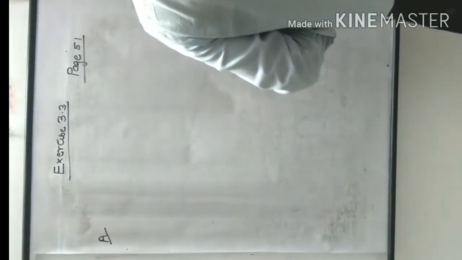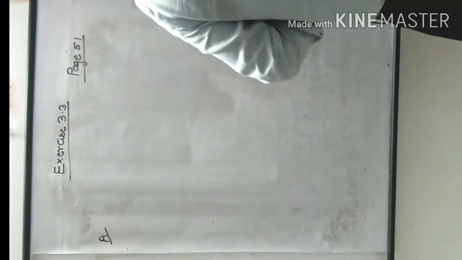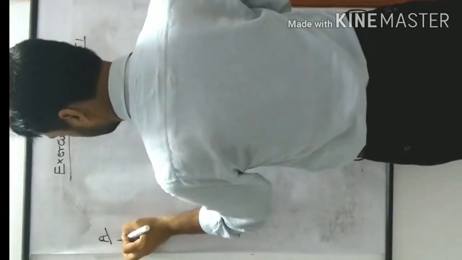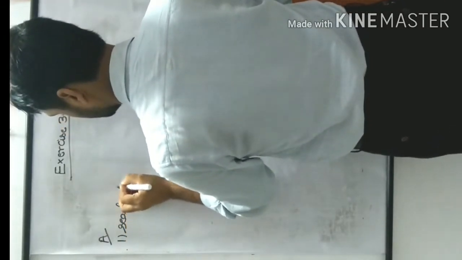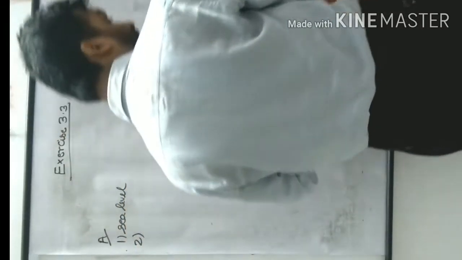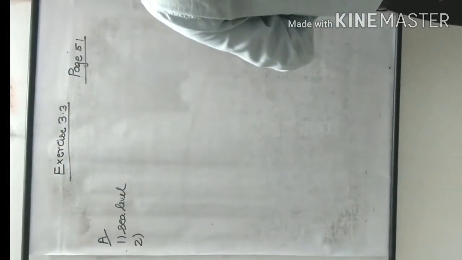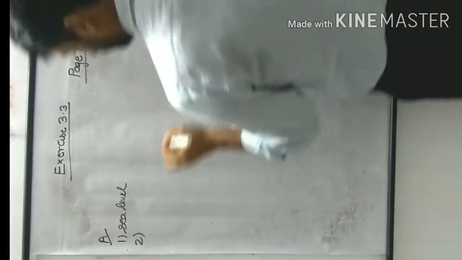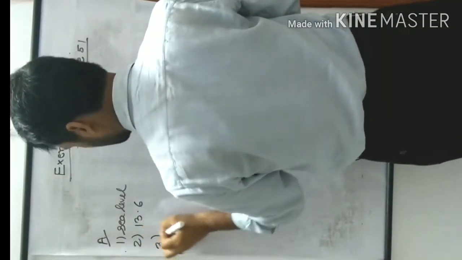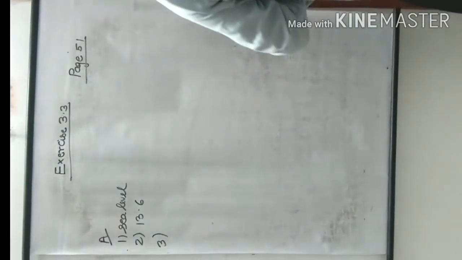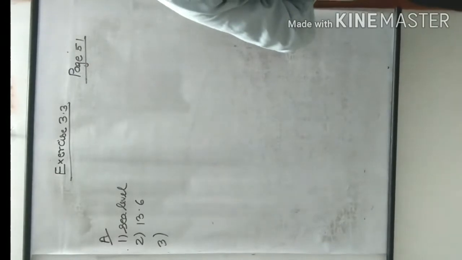Fill the blanks by choosing the correct options. The question: pressure at the sea level. First part, the answer is sea level. Second part: mercury is used as a barometric liquid because it is 13.6 times. So 13.6 times. Third answer: the empty space above mercury in a simple barometer is called Torricellian.